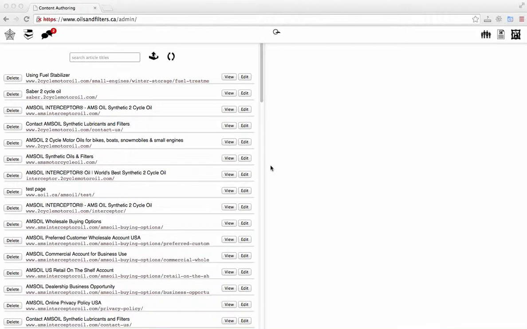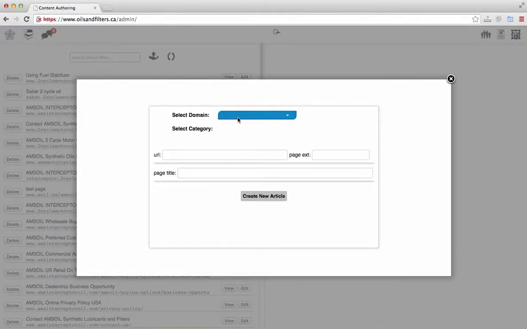To do that, let's create a test page, and we can play around with some HTML and explain how basically the HTML language, the programming language, works. As far as the programming languages goes, HTML is the fundamental or the simplest form of programming. To get started, we'll continue to work with this domain 2cyclemotoral.com, and we'll create a test page just to play around with some